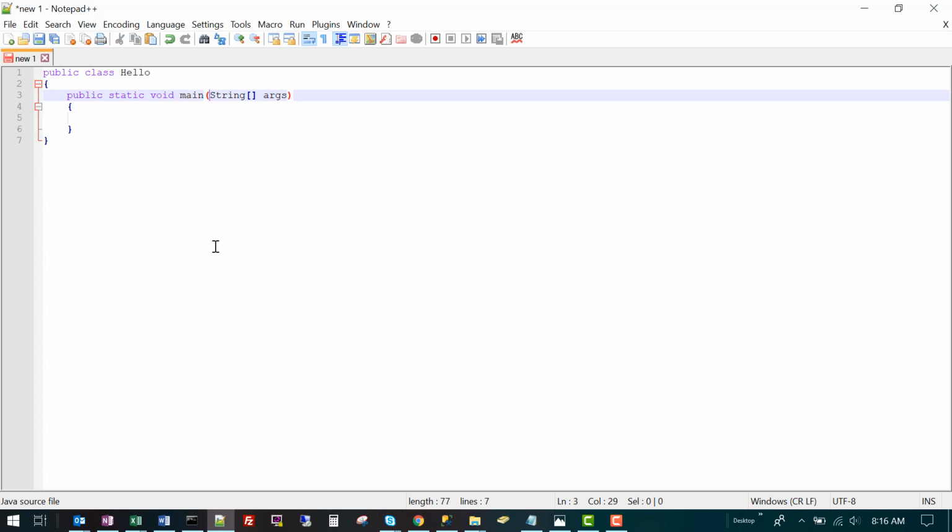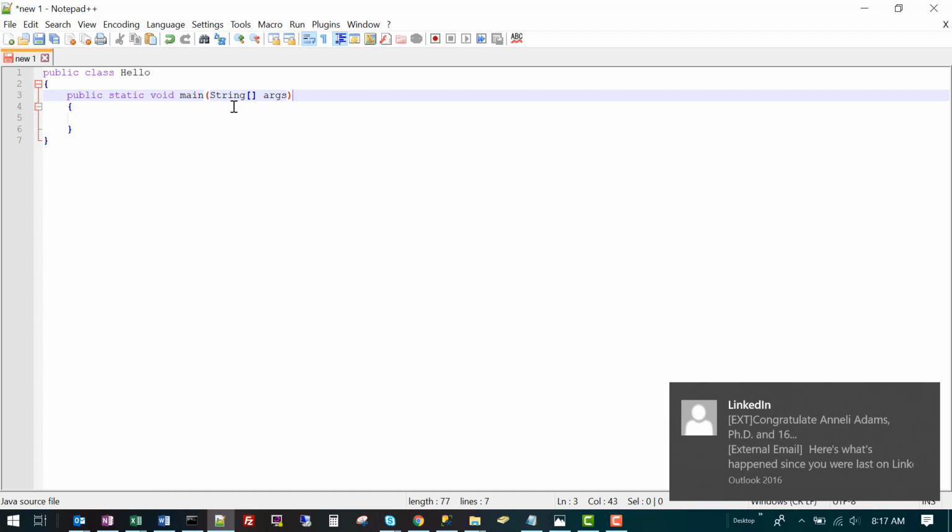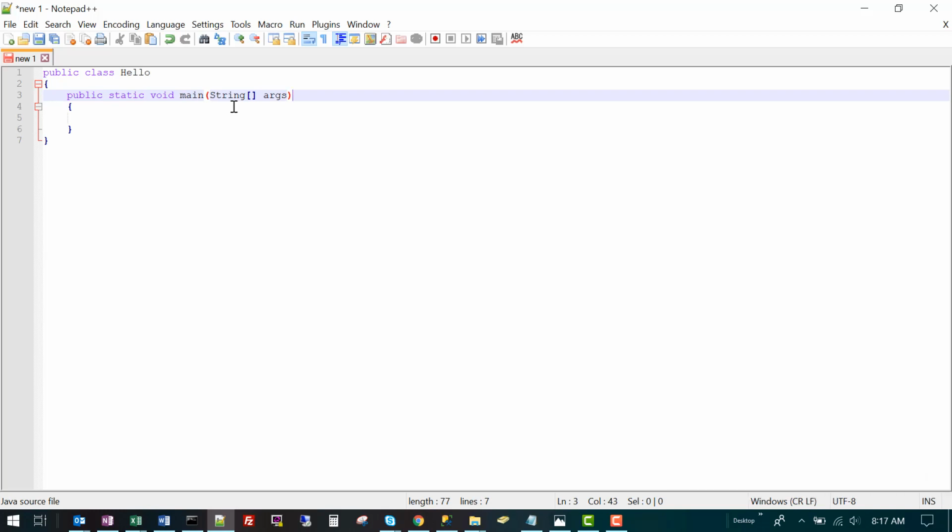The method always will have, or any method will always have, these opening and closing parentheses. What lies in between those is something that we call arguments or parameters to the method. We will be talking about that and all these concepts repeatedly throughout the semester. For now, just kind of take it as it comes.